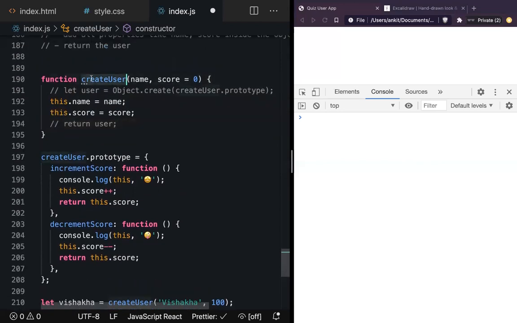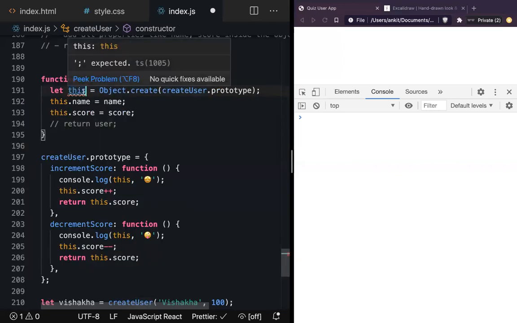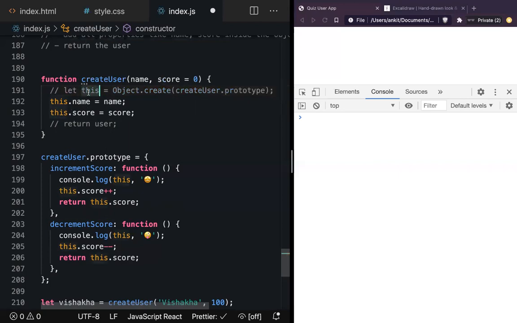So right now I created a function. That function accepts name and score. We know that we are going to write all the methods always in the same function.prototype, so I can automate this line. But when I'm automating this line, where will I store that object? On what name should it be? What actually happens is it creates an object known as this, and that is where it stores the value. Now this is the object. Can you put properties into that? And it will return it.